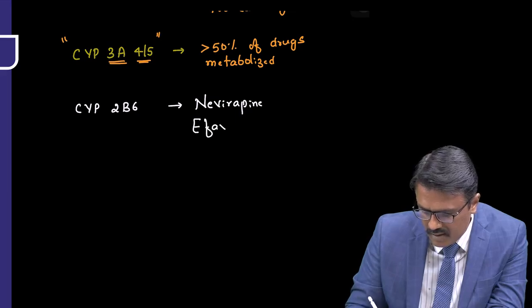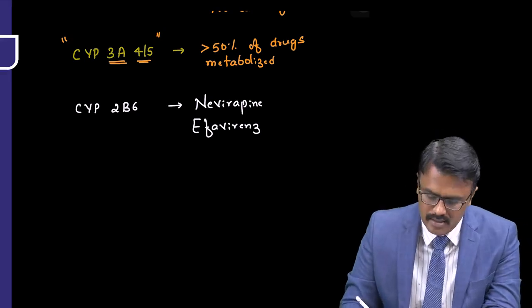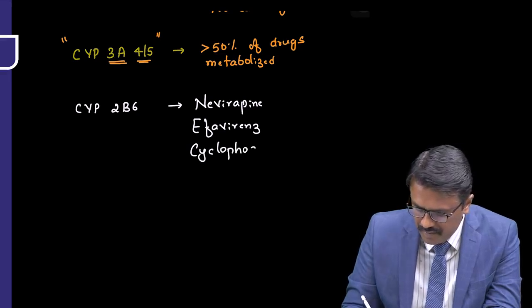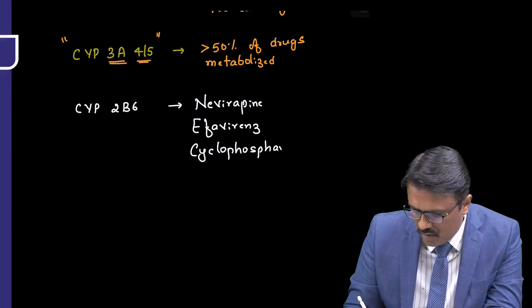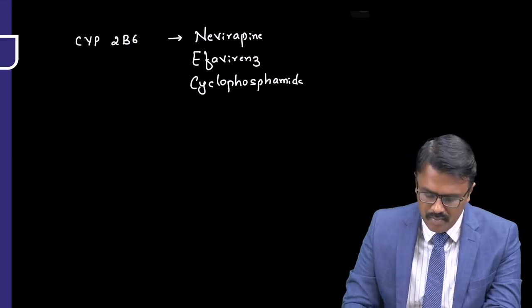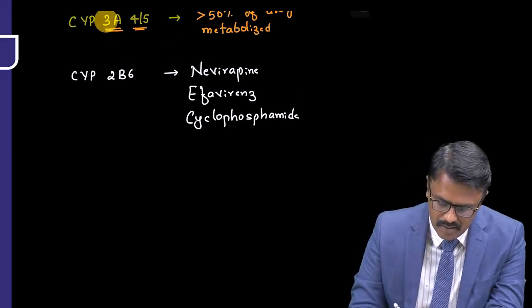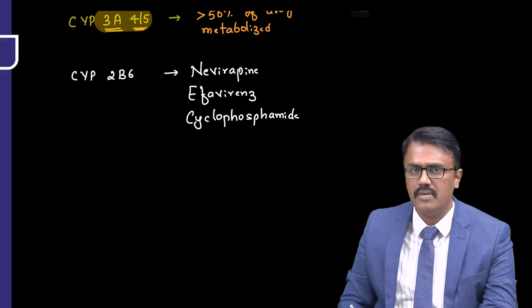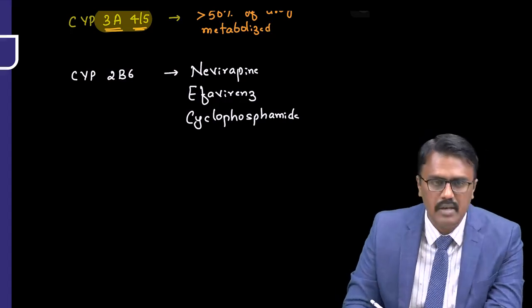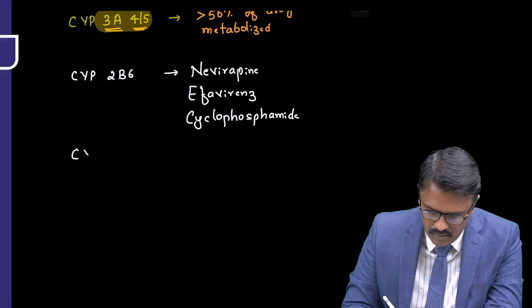Then efavirenz, which is an anti-HIV drug, and an anti-cancer drug by the name cyclophosphamide. I know these are factual, but you need to understand. The main point you need to keep in your mind is that the major metabolizing enzyme is cytochrome 3A4/5. Next, the next important one is cytochrome